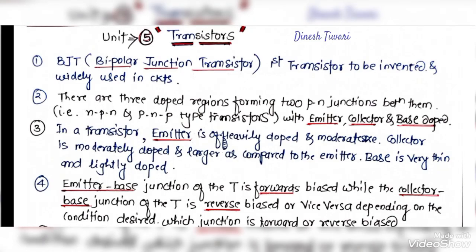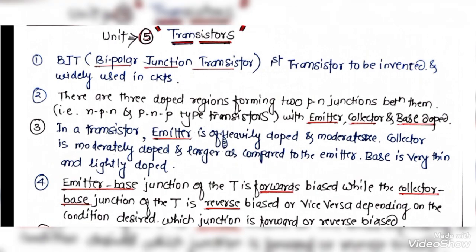Transistors, Unit 5. BJT, Bipolar Junction Transistor. First transistor to be invented and widely used in circuits. There are three doped regions forming two PN junctions between them, that is NPN and PNP type transistors, with emitter,